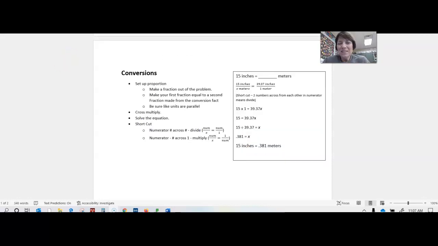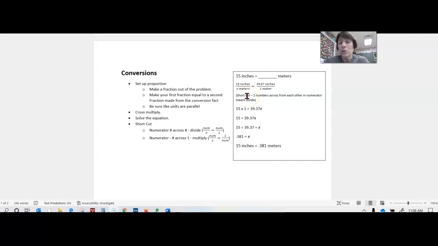Our last skill in this unit then was converting between the metric system and the customary system. So we are going to take our problem that we're given, and we're going to set up a proportion to solve these. A proportion is just 2 fractions that are equal to each other. So my first step is to make a fraction out of the problem. We put the 15 inches, the one we know, on top, and then the one we don't know, we call that x, and we